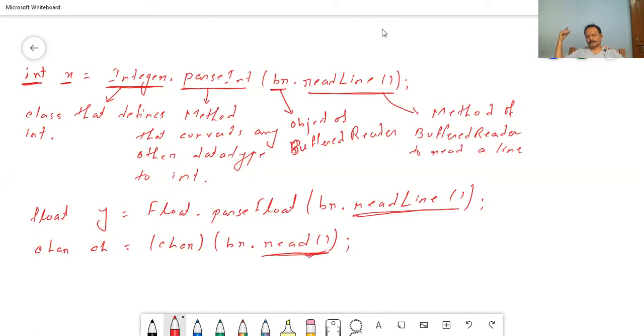Say we try to put a, x, y. Now as we press enter, what will be stored in ch? Ch will store only the a. The rest, the x and y, they will remain in the stream.